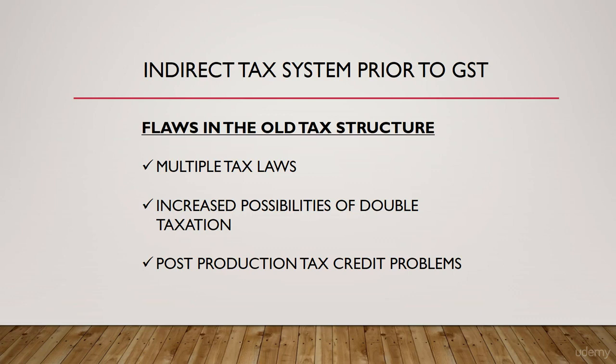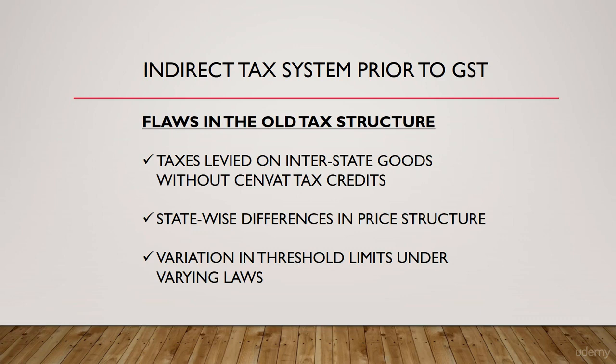Another imperfection of the old system was that the SENVAT structure did not allow value addition post the stage of production. One more flaw was that the interstate transport of goods were taxed with no provision of input credit to buyers. And understandably, the purchase value of products varied from state to state as the taxation rates varied from state to state for the same goods. To quote an example, VAT on mobile was 5% in Delhi and 14% in Maharashtra.